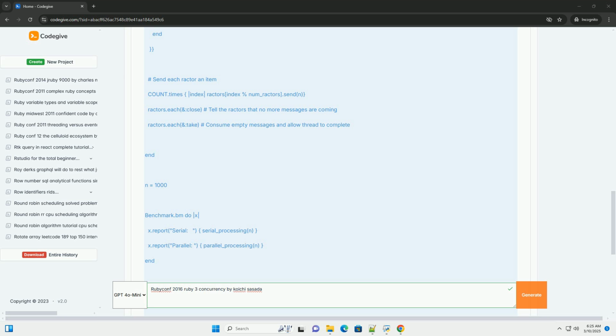9. Conclusion and further exploration. Koichi Sasada's RubyConf 2016 talk provided a compelling vision for concurrency in Ruby. Ractors, the result of this vision, offer a powerful tool for achieving parallelism in Ruby 3 and beyond. To deepen your understanding, I encourage you to